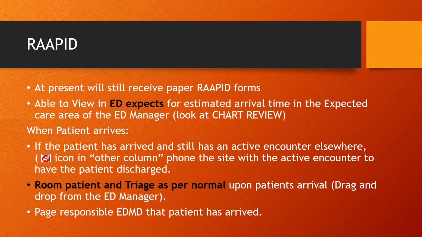So again, the same process, you need to call the LAHEED and tell them that they need to discharge that patient or move them to OTF. When they move them to off the floor at their site, then we can pull them into our department. So we're going to room that patient in Triage as per normal process. You're going to drag and drop them in ED Manager to get them into a treatment space. And the most responsible physician who had ownership of that patient will be paged or